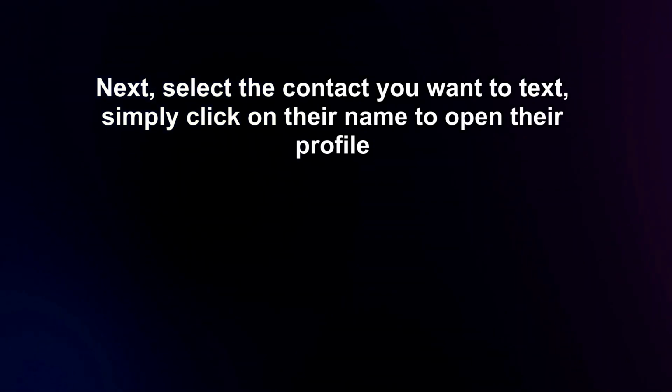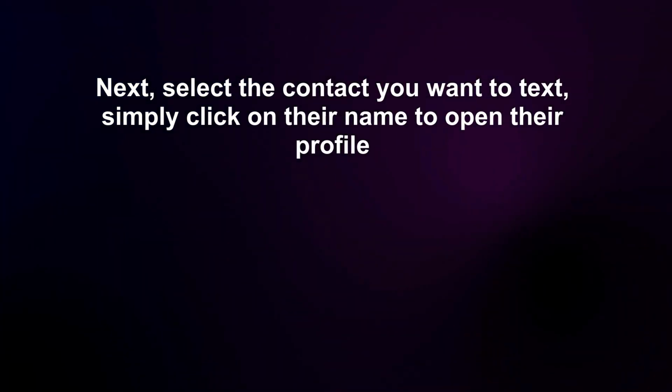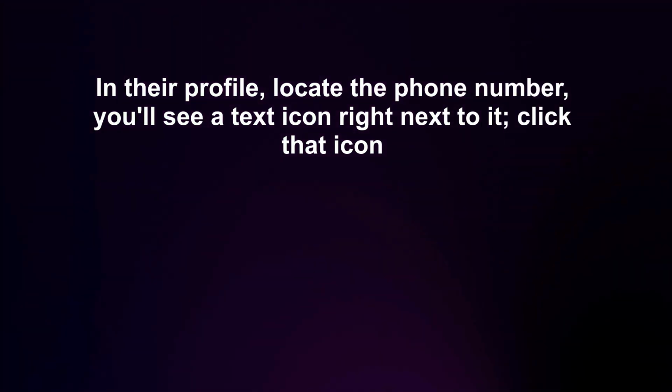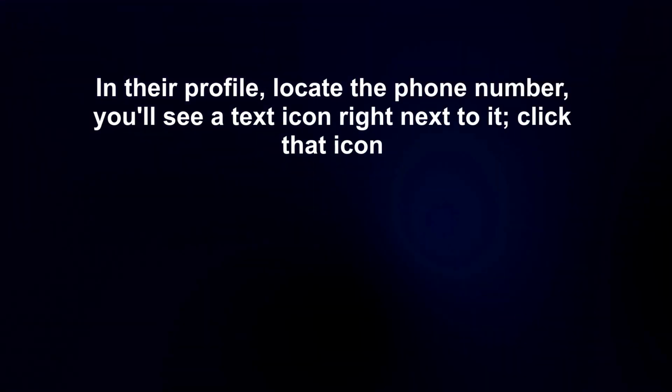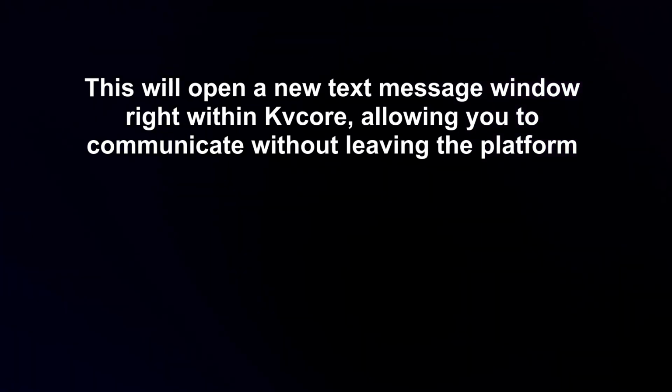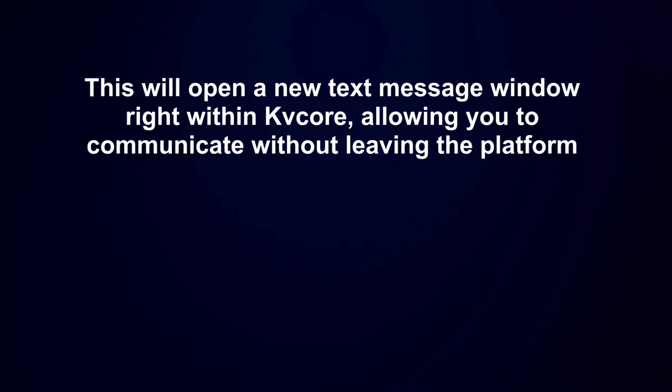Next, select the contact you want to text. Simply click on their name to open their profile. In their profile, locate the phone number. You'll see a text icon right next to it. Click that icon. This will open a new text message window right within Kvcore, allowing you to communicate without leaving